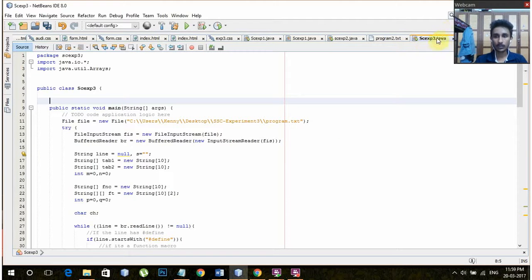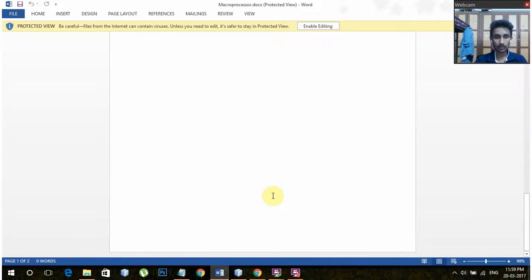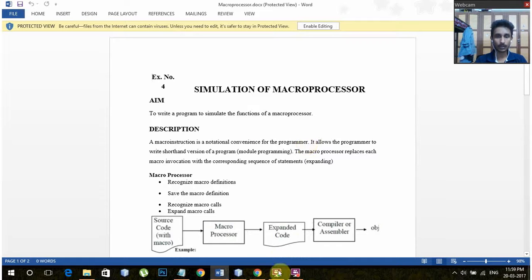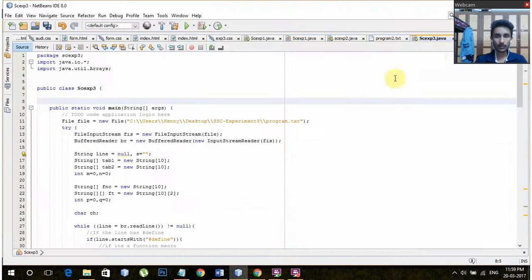And in this experiment, we have to make a program for a macro processor. We have to simulate the function of a macro processor. So what we have to do in this is